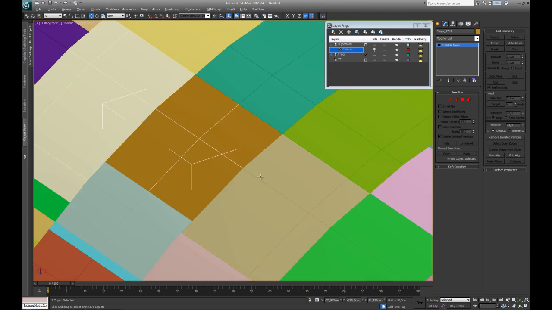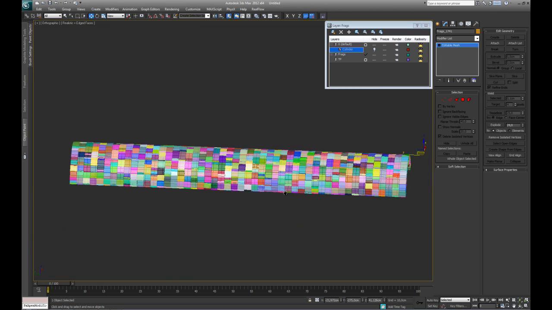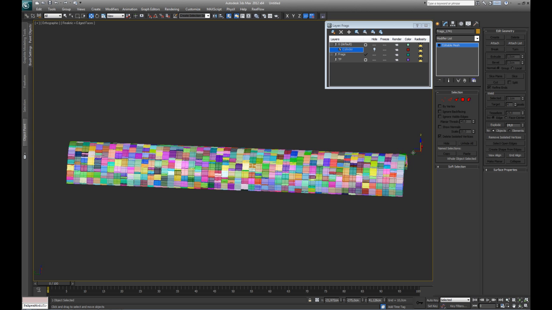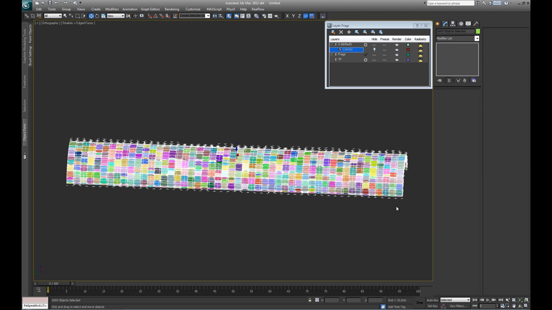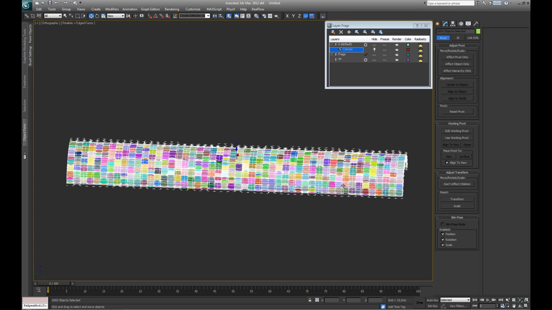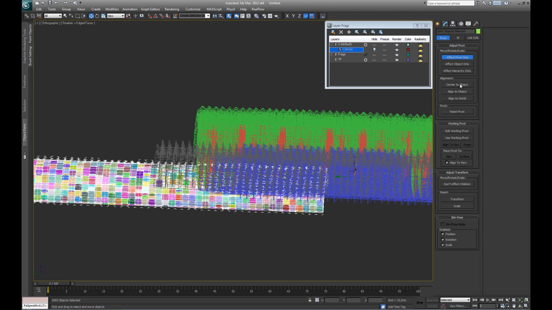Now, when we have all these small fragments, you can see we have to do a few things before we go into thinking particles, and the first thing is to make sure that the pivots are placed correctly. Since this script actually uses the local axis to rotate these on, we have to do a bit of manual work, but it's not too much, depending on how many fragments. Depending on how close you're gonna go to the effect, you might need to pay more attention to this than I'm currently doing. So first of all, I'm gonna make sure that all my pivot points are centered. As you can see, at the moment they are offset, and we don't want that. So I'm gonna center to the objects,